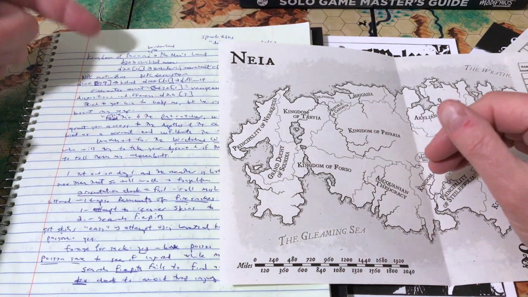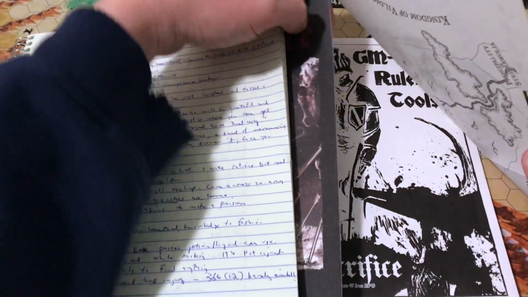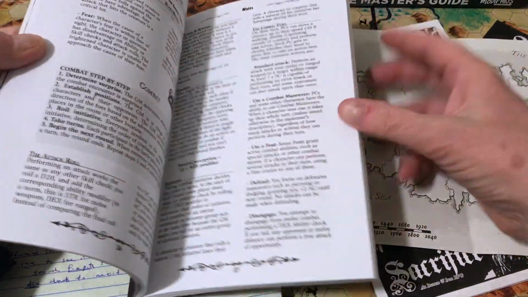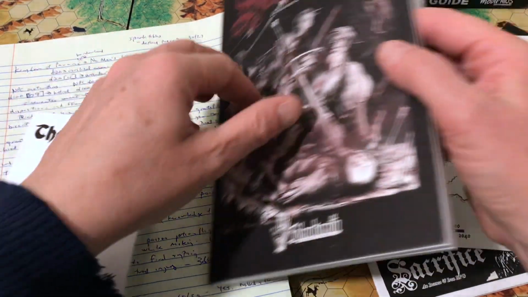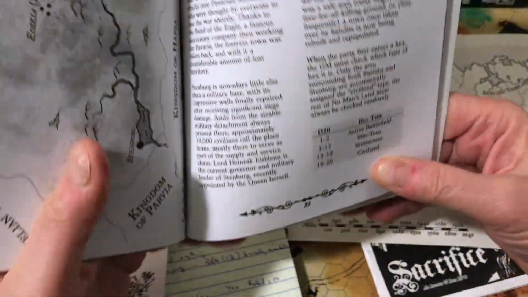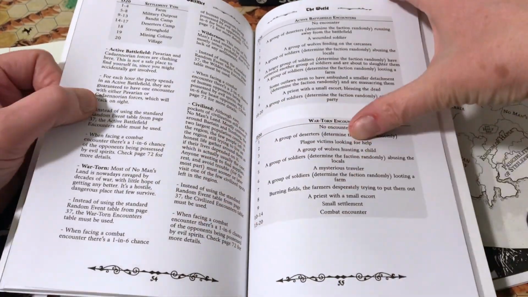And then I went to the table that is going to tell you your next area that you're traveling to, because this is an overland kind of setting. And I realized what I neglected to do was write down the pages of the tables for easy reference here. But there is a basic chart that's going to tell you where you're traveling to next, and here it is. So we rolled up that we were traveling to a civilized place,